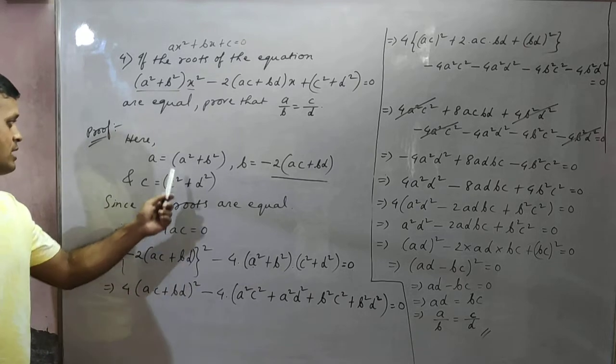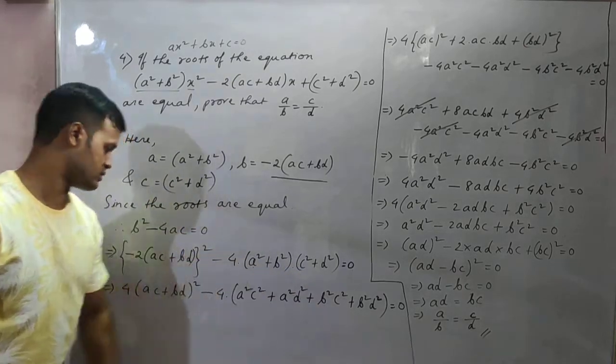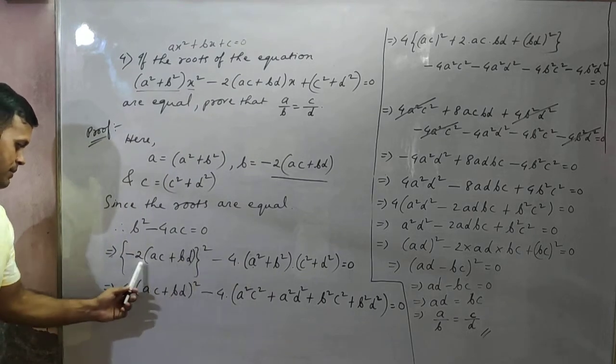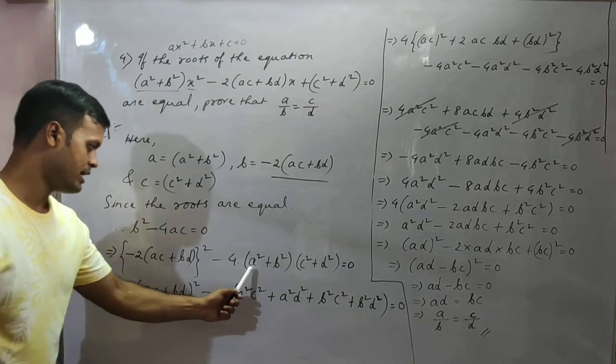Minus 4 into a. What is the value of a? A square plus b square, into c. What is the value of c? C square plus d square. Now square this one. Minus 2 square will become what? 4 into ac plus bd whole square, minus 4 into a square plus b square